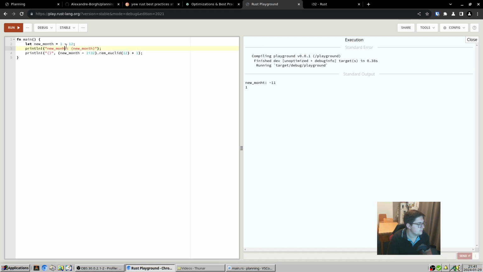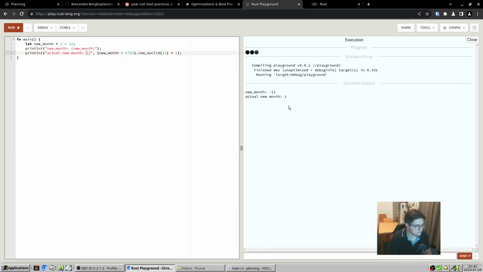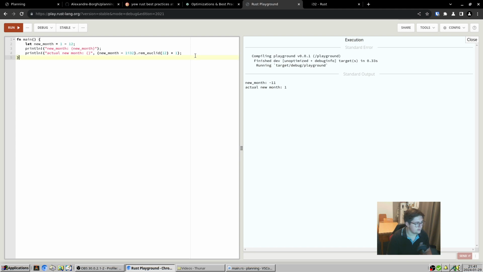Okay, there's a small typo here. Okay, so this is negative 11, and the actual new month is 1. And the difference between them